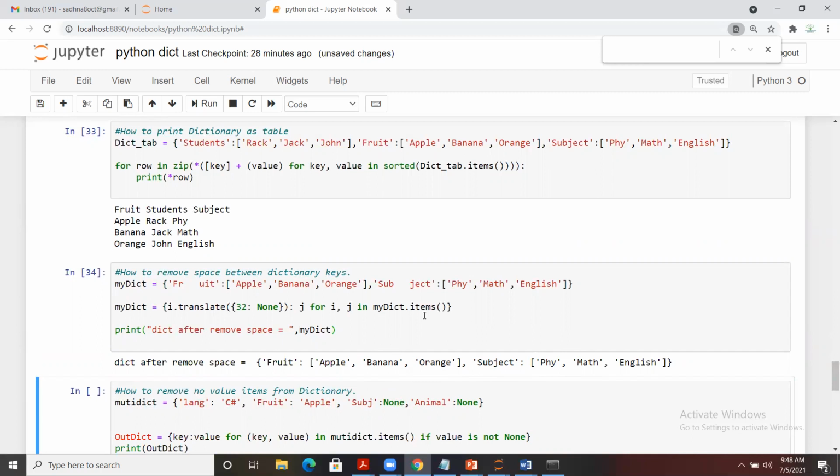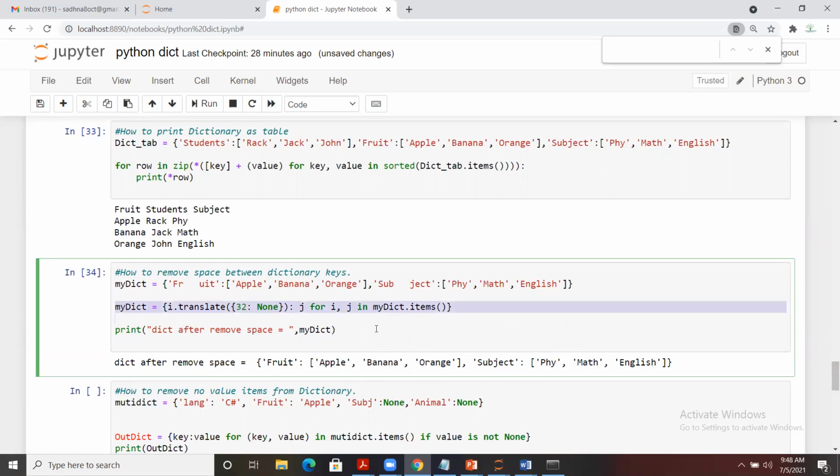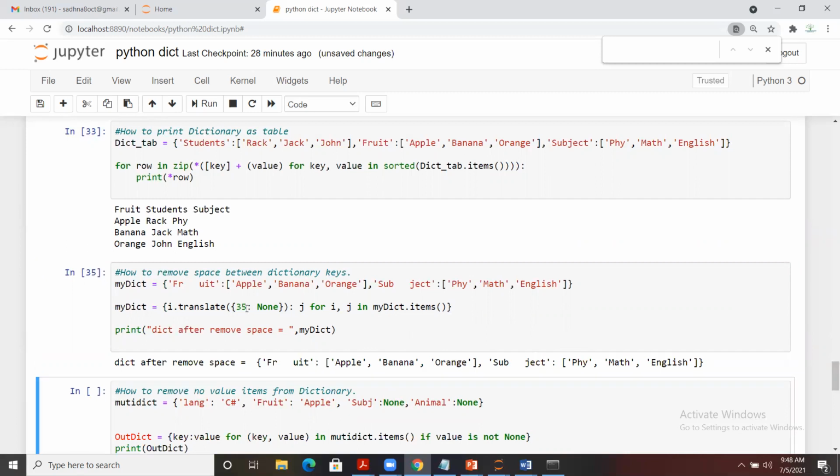We have used translate, and we have applied none to this part, and then we run that value, and here we can see that it has been removed. Let me make changes here. Okay, so 32 we applied, in case that's a fixed value.